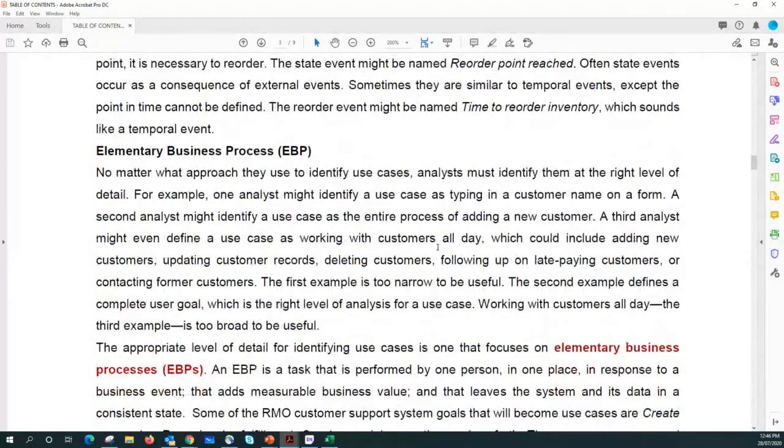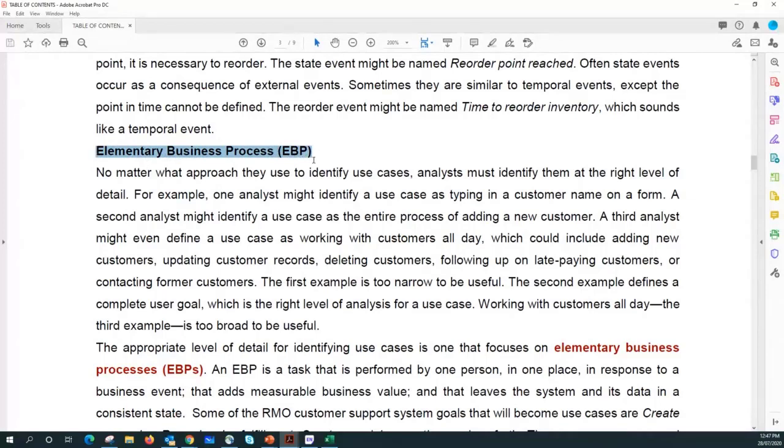And the other important thing I mentioned in last week's lecture: when you're trying to define use cases, once you identify the events through this event decomposition technique, you can easily identify the use cases. But once you identify a use case and you need to define it, you need to give a scope for that use case, right? What is the scope? That scope has to comply with the so-called